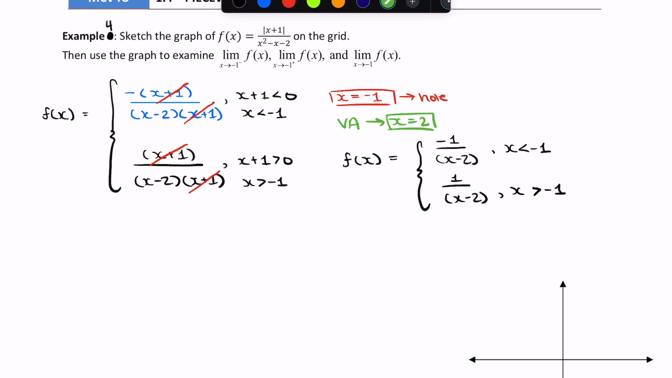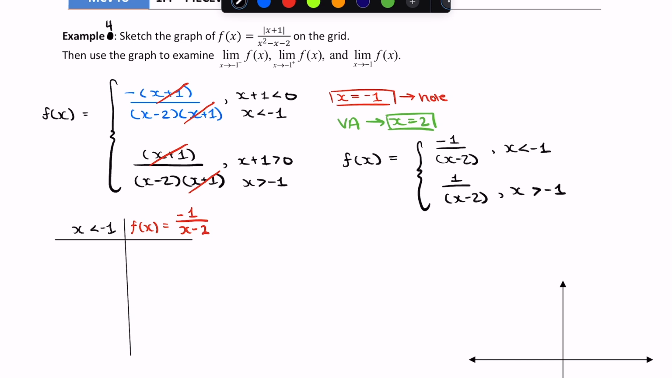So we'll start with when x is less than -1. So we'll do two tables of values here. So do one when x is less than -1, and we'll do another one where x is greater than -1. But we'll start with when x is less than -1. When x is less than -1, the function will be f of x is equal to -1 over x minus 2. And so if we sub in values of x being less than -1,